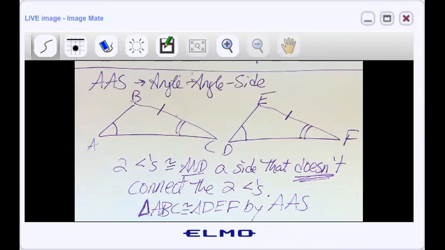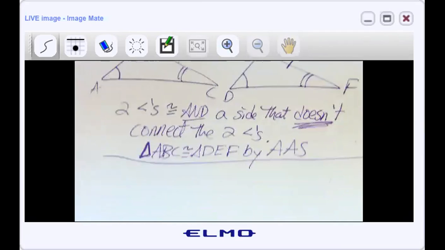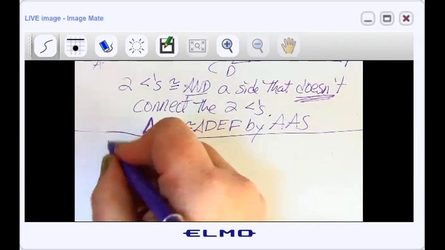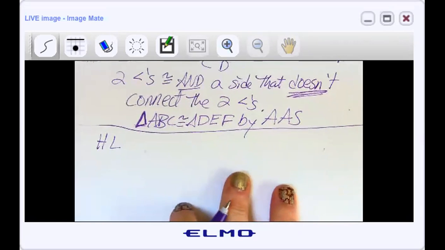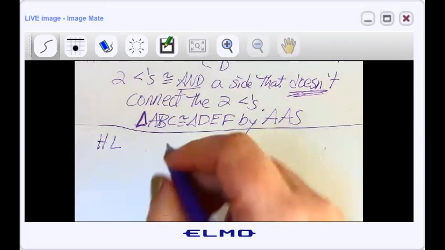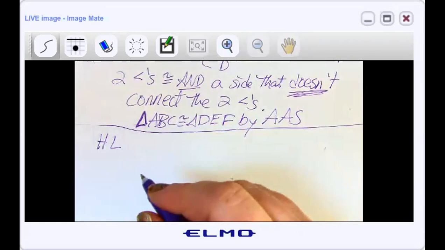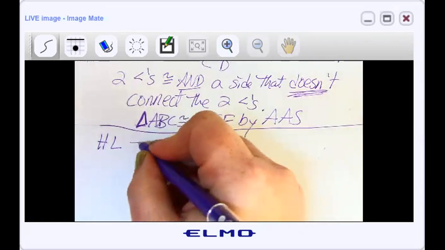Okay, and then there's only one method left. And this one's a special one. It's called HL. Anybody have a guess what HL stands for? I'll give you a hint. This one can only be used in right triangles. So what'd you say? High and low. Good guess, but nope. So HL stands for